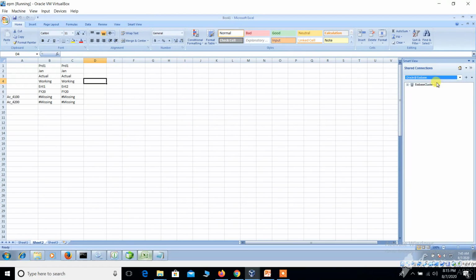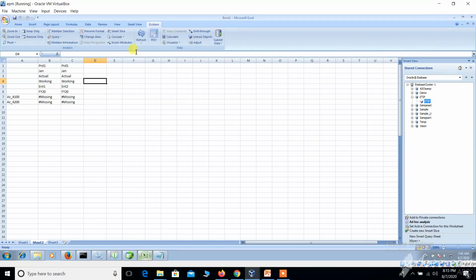See, you can see here, through Smart View we are validating the data. So go to the ETP application. Yeah, you can see here it has been loaded. Data has been loaded into the SBS application. So this is how to load the data into the SBS application through the FDMEE.